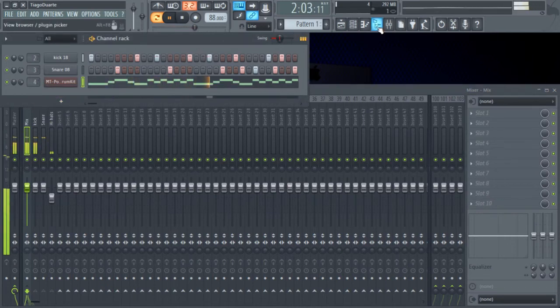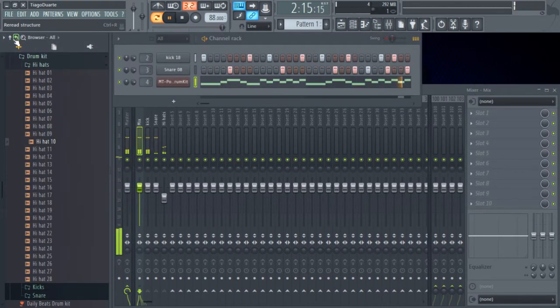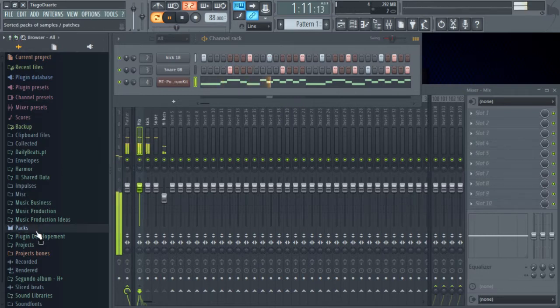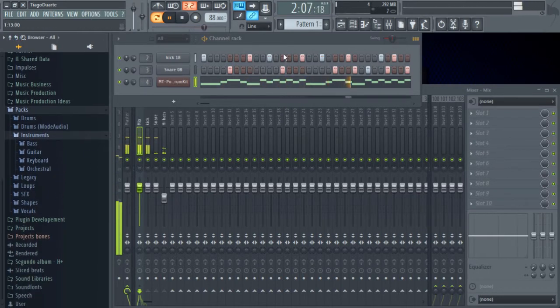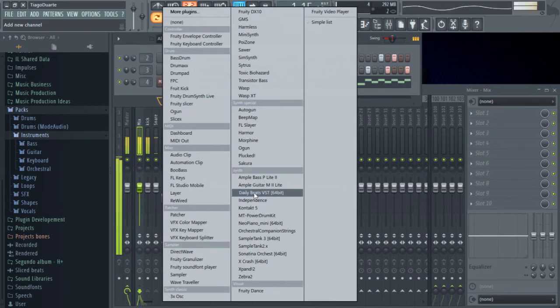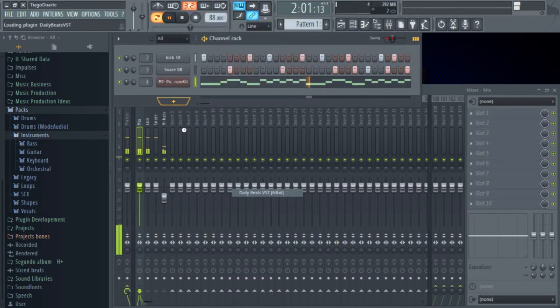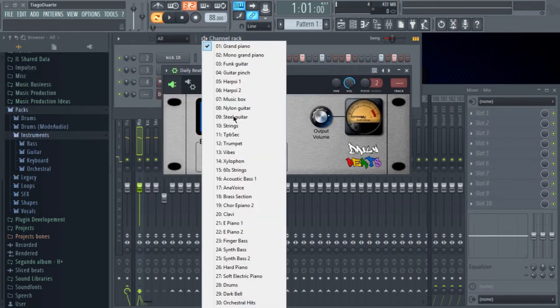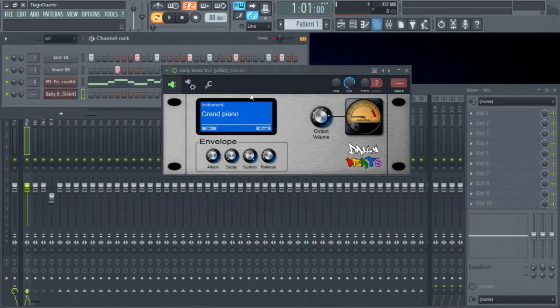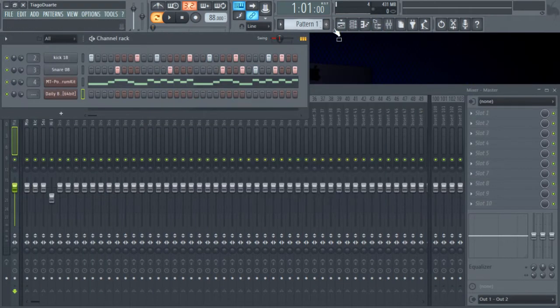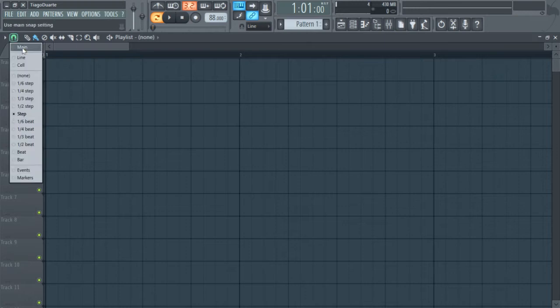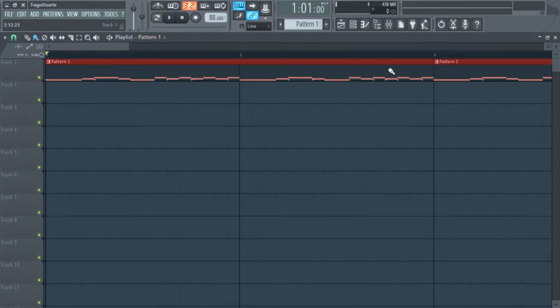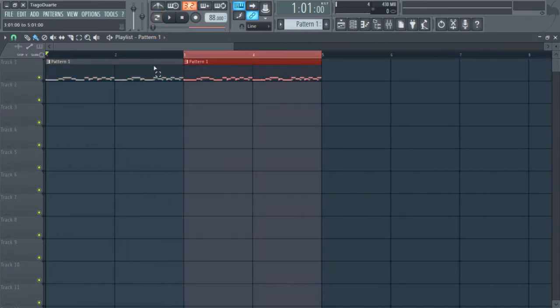And now let's add some piano. We can go here to packs, instruments, or maybe we can use our Daily Beats VST, which is a free plugin. And for only €5 you can have the full list of instruments. Okay, so let's see. Now let's put this in a 4-bar loop,